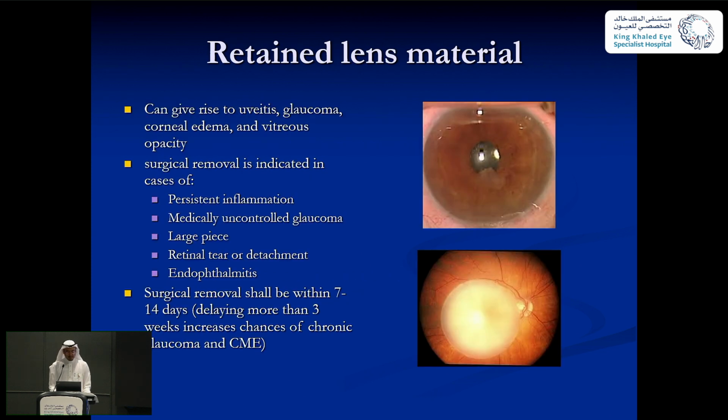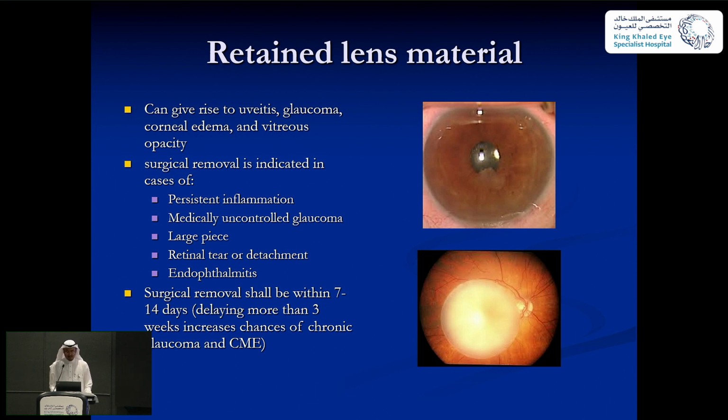Retained lens material: after the surgery you are happy, and you come the first day and you find some cortex in the anterior chamber. This can give rise to uveitis, glaucoma, corneal edema, and vitreous opacity. Surgical removal is indicated if there is persistent inflammation or medically uncontrolled glaucoma due to this, or if it is a large piece. If it is larger than a third, they said you have to take it out surgically. Less than this,